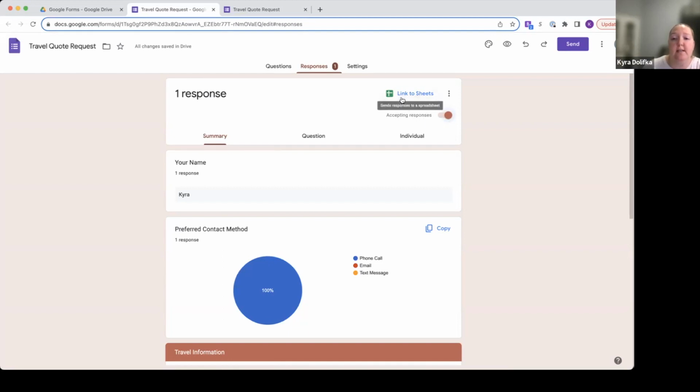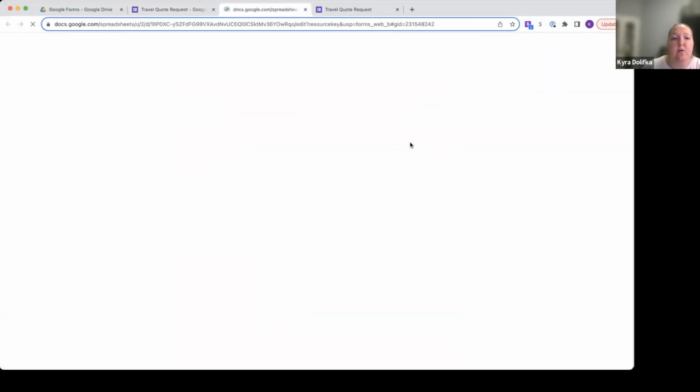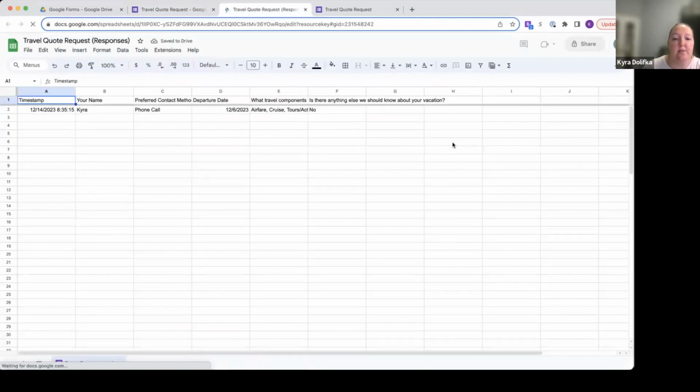Now let's go over this link to Sheets button. So Sheets is the spreadsheet software that is included with Google. So it will give me the option to create a new spreadsheet. I'm going to go ahead and do that. And what it will do is it will put all of my responses into a spreadsheet. So if you prefer to consume the information in this way, this will automatically dump the responses into this spreadsheet,